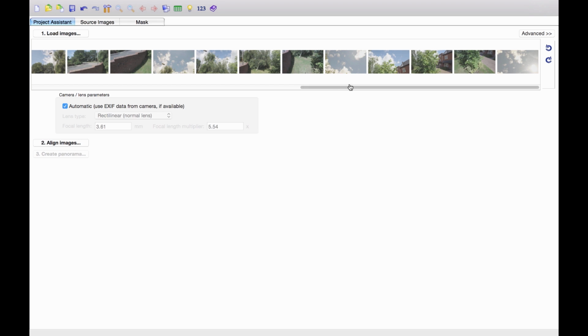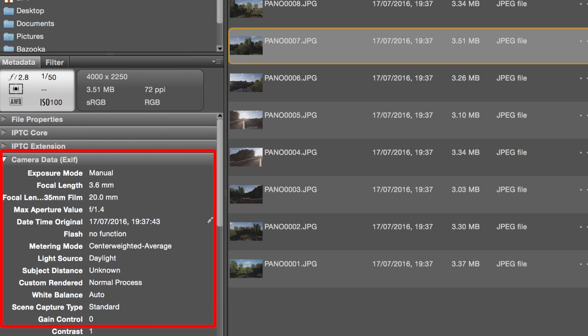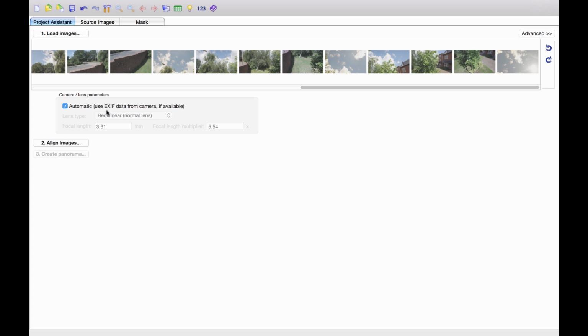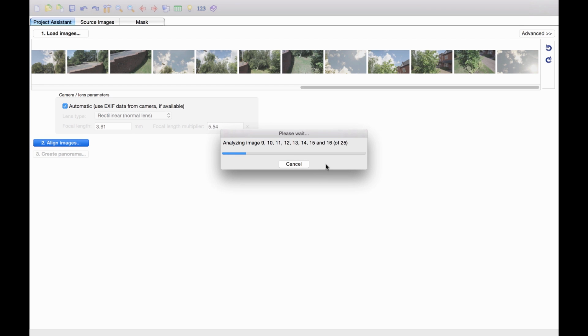What's important from what I've understood is to make sure that the EXIF data from the camera, this is basically all the metadata that relates to the camera that was used and the kind of shot that was taken, is there. Make sure PTGui recognizes the focal length and the focal length multiplier. In this case, it's automatically detected these. So if you're using the Osmo, which is what we're using, it's going to do the same thing. And then all you have to do is click this align images button here, and then it does its magic